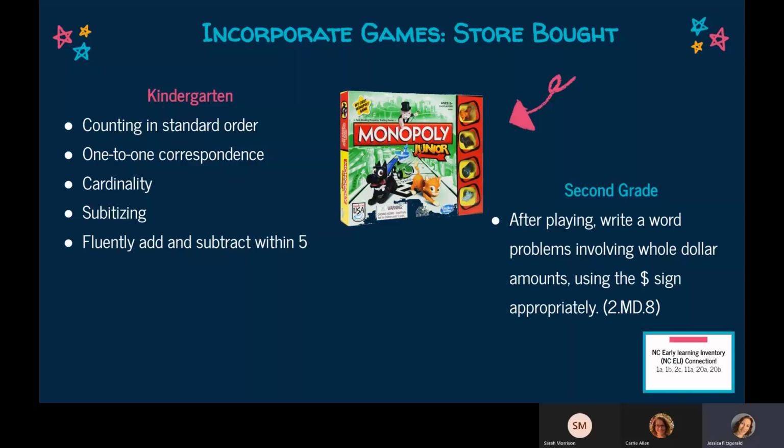As noted in the bottom right-hand corner of the slide, in addition to the standards, North Carolina Early Learning Inventory dimensions can be observed when games are incorporated as well. The North Carolina Early Learning Inventory, or ELI, is a formative assessment process used in kindergarten classrooms. It is required for the first 60 days of the school year as kindergartners enter the classroom. The State Board of Education strongly encourages it to be used throughout the kindergarten year.